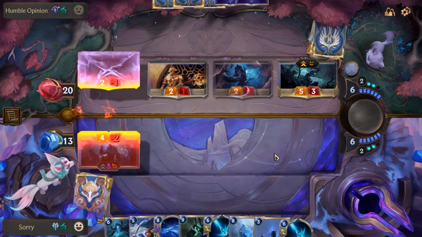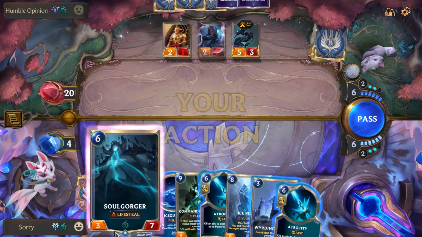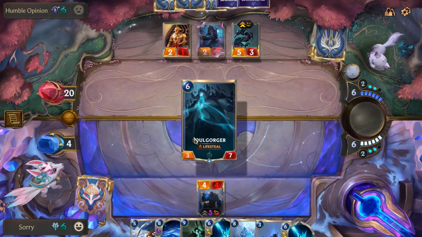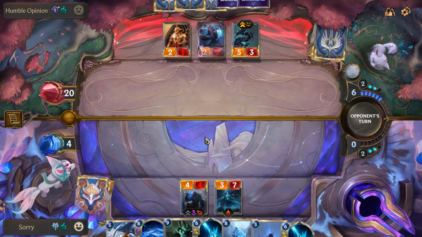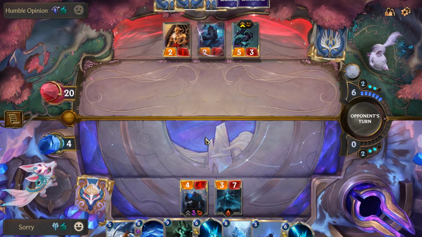The mistake was me dropping the Soul Gorger on point. I think I'm pronouncing it right. Dropping him on point like that, on board like that, was a mistake. I have no mana anymore. My opponent knows I can't do anything anymore, and he has the last copy, the only copy of Atrocity in his hand. What I should have done